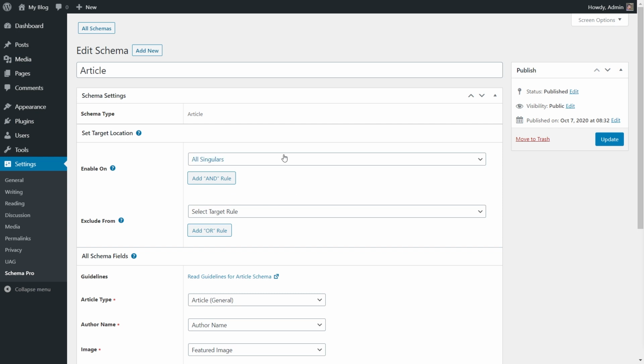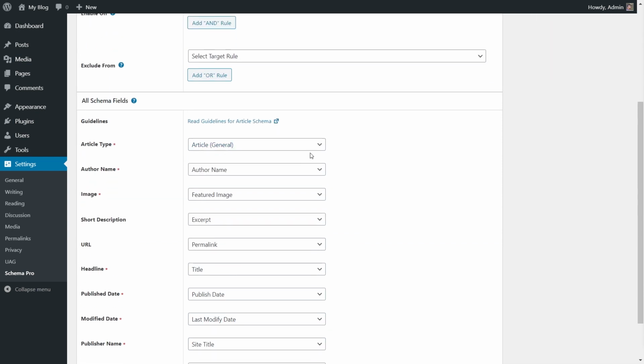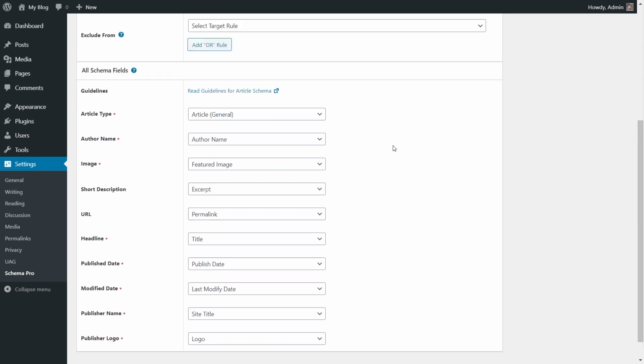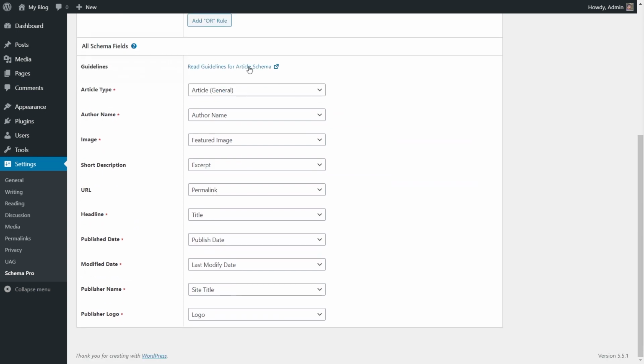They are currently set to the options that I selected in the previous setting or the previous window. Then coming to the all schema fields. Now this is the most important aspect of checking out or configuring the schema with Schema Pro, because this is where you configure how Schema Pro will fetch the data from your pages and posts and add it to the